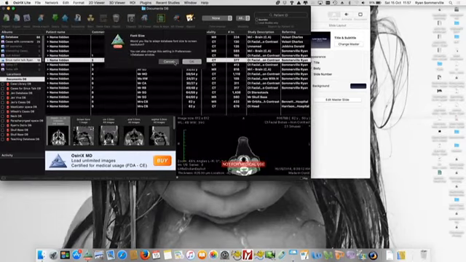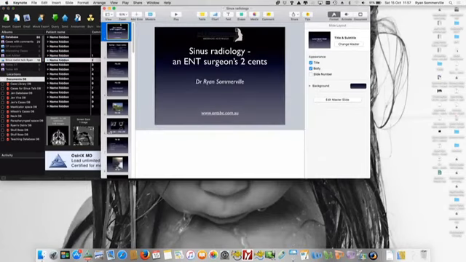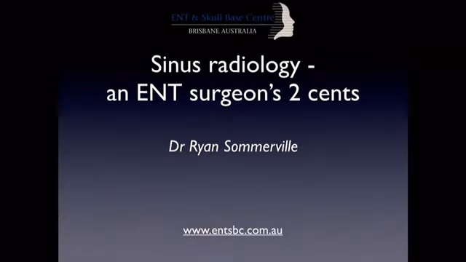So what we're going to do with this talk is I'm just going to present a bunch of cases. We're going to look through, from my point of view, a bunch of cases that have some operative videos in conjunction with the scans. We're going to be switching back through the Osirix also to the operative videos. So to start off with,